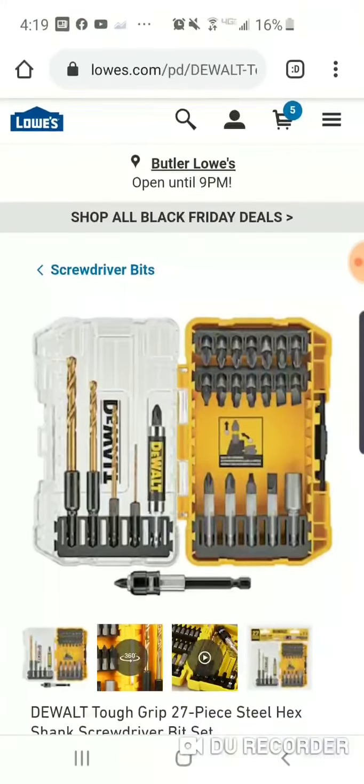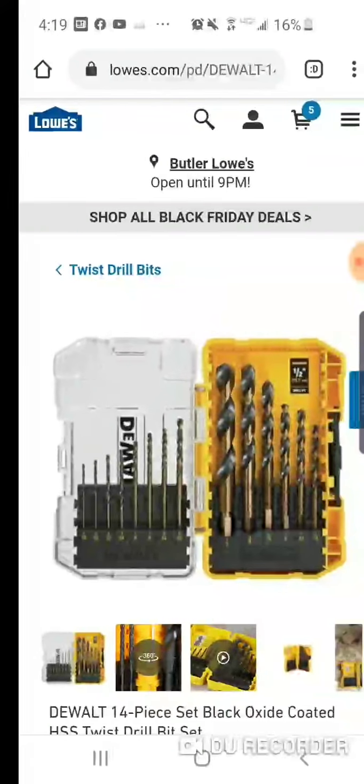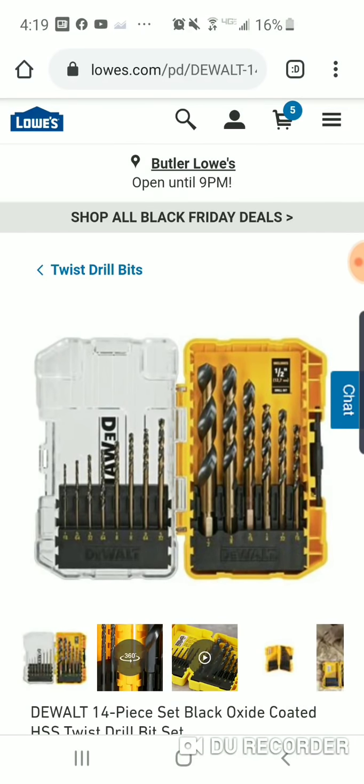All right, this is going to be $4.98. This is that tough grip, okay, that Lowe's sells. We're almost getting done here, actually. $4.98, 27 piece. And this is a killer. All right. This is that black oxide coated. This is a 14-piece set, guys. This is going to be $4.98 for a black oxide. And this has that tough case. All right. So, really good deal. Even if you want to grab 2 of them. I mean, if these things burn out on you, you could buy 3 of them for $15. All right? Instead of spending $29